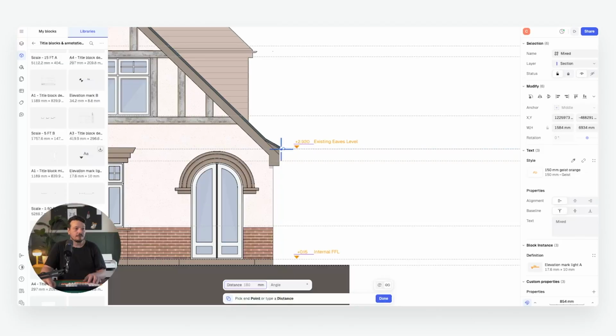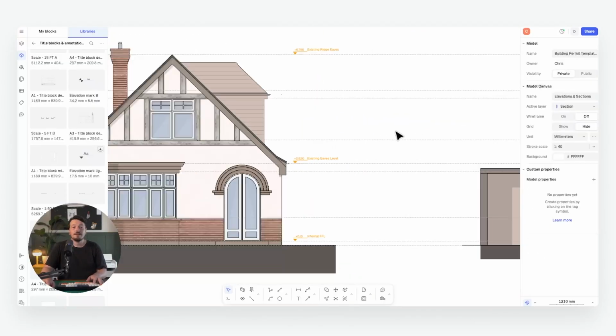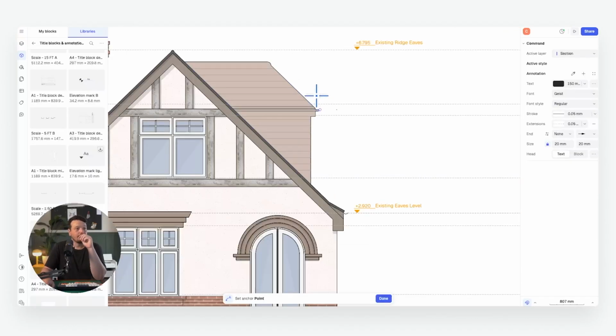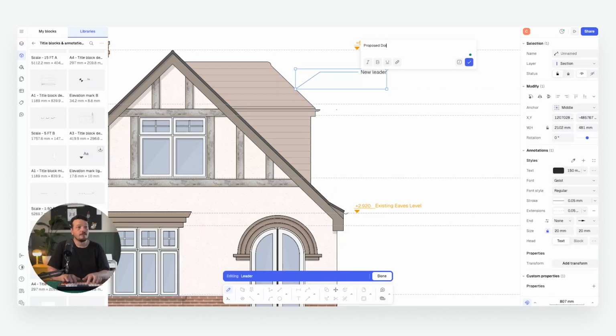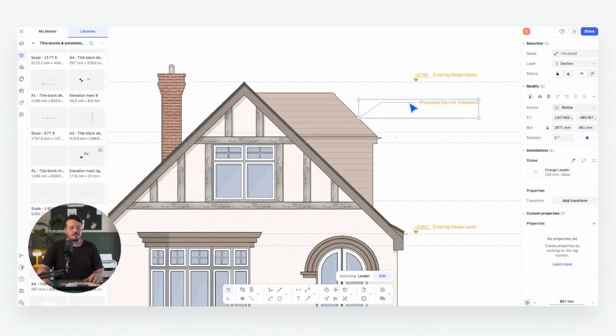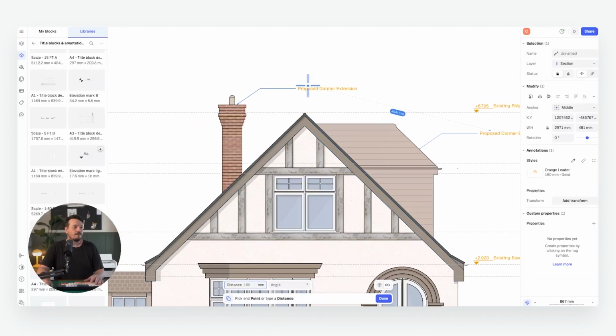So we can copy those across and make sure they correspond to those drawings, but we can also add a series of annotations. So for example, these could be around what the proposal is, what's being retained. It could be around the materiality, for example. So I could add a leader, which is this one here, and proposed dormer extension. And again, I can create a new orange leader, for example. And again, proposed dormer extension, and we can say,